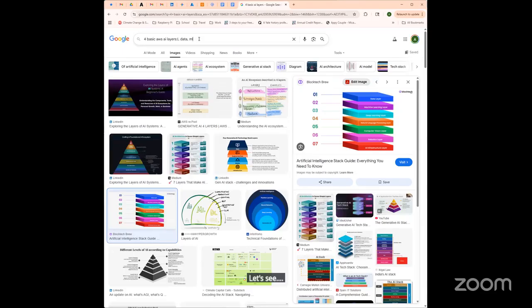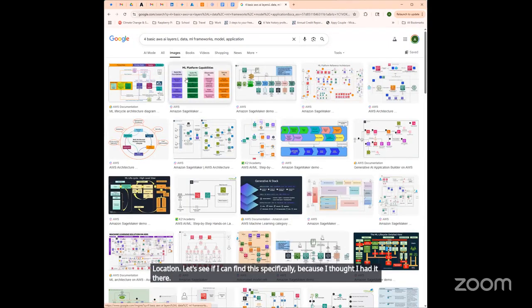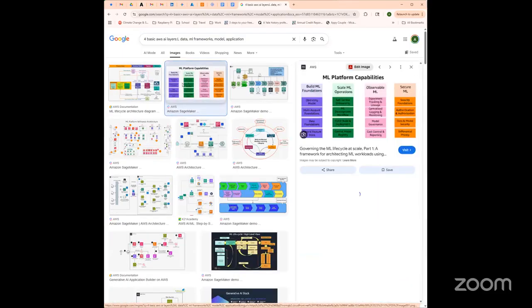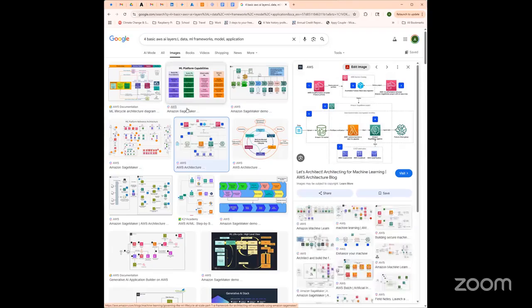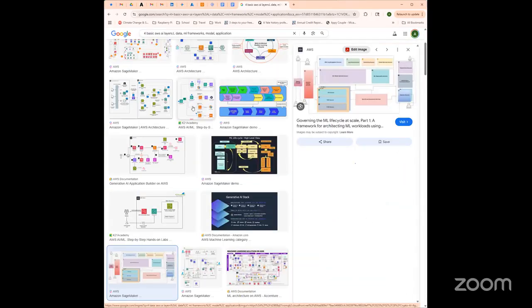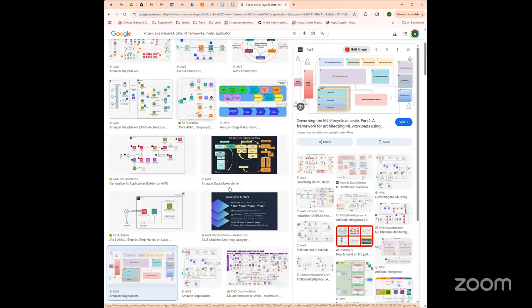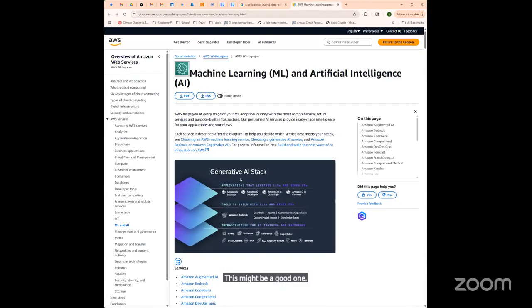Data, frameworks, models, application. Let's see if I can find it specifically. So I thought I had it there. This might be a good one. Let's try this on the AWS.